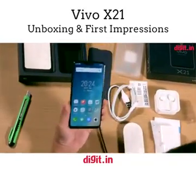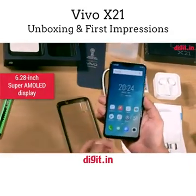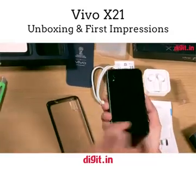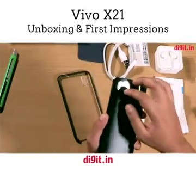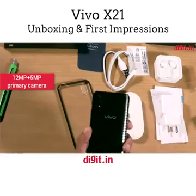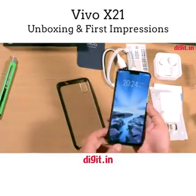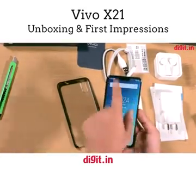the Vivo X21 features a 6.28-inch screen, so there's hardly any extra space left behind because the screen takes up most of the real estate. At the back is a curved glass back. I am not sure whether it has Gorilla Glass at the back or in the front. I'll get back to you with it. But there's dual cameras here, a 12 megapixel sensor along with a 5 megapixel depth sensor. There's an LED flash here. You get a Designed by Vivo moniker down here and the Vivo logo. Now up front is a full AMOLED display, a super AMOLED display actually, and